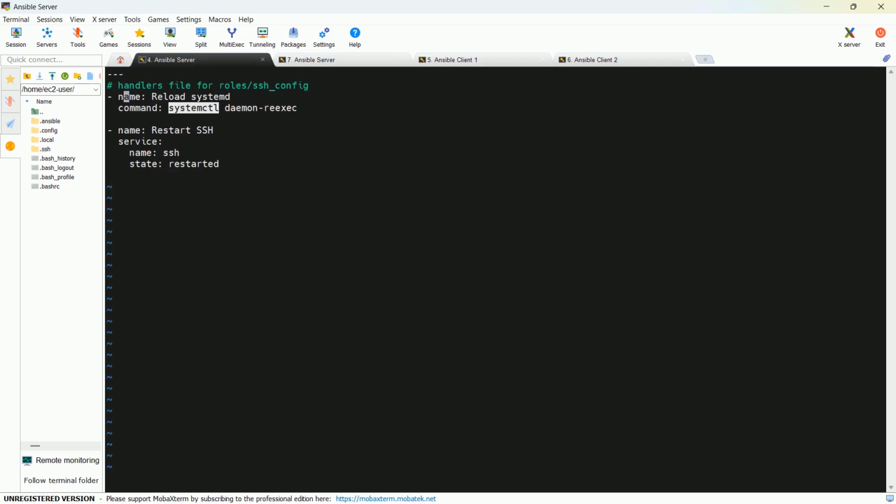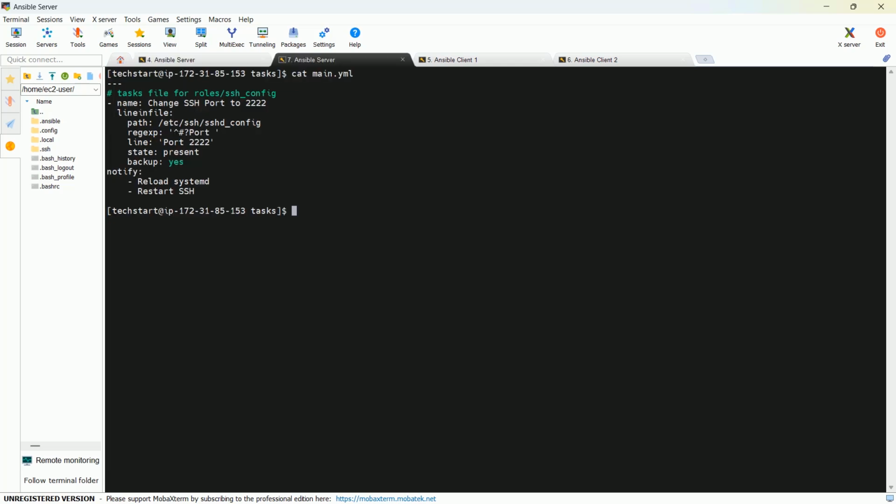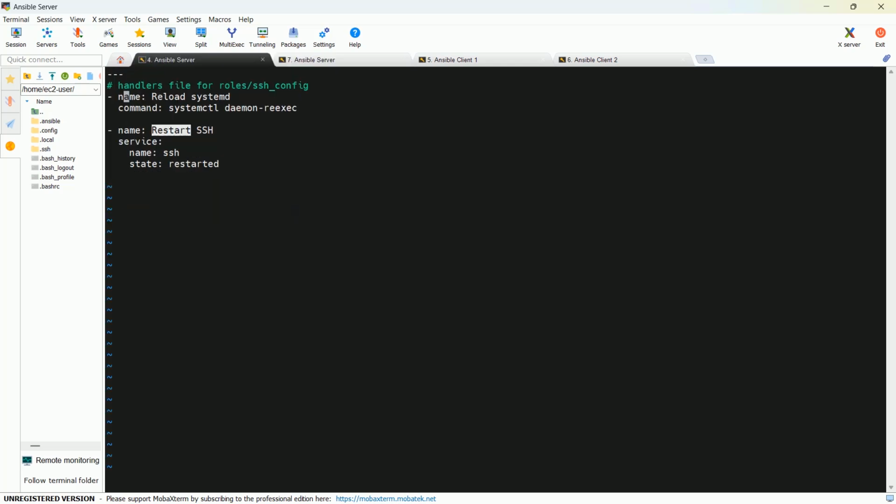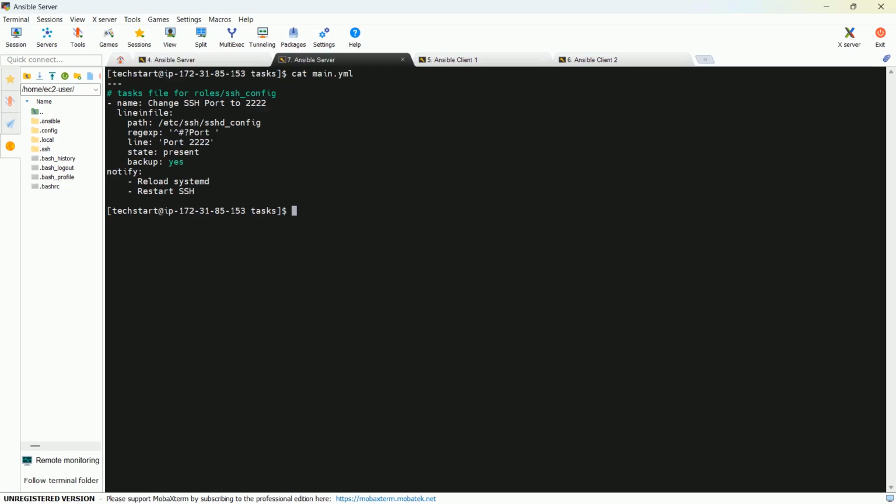So basically it is going to re-execute the systemd process to reread unit files and configuration file. And another task is to restart the SSH, and we have used service module, and this is the name. And state is restarted, and the same restart SSH we have used inside this. So basically this is your handlers, and it is going to use the handlers only if there is any changes